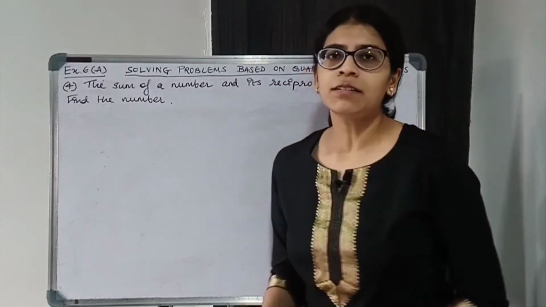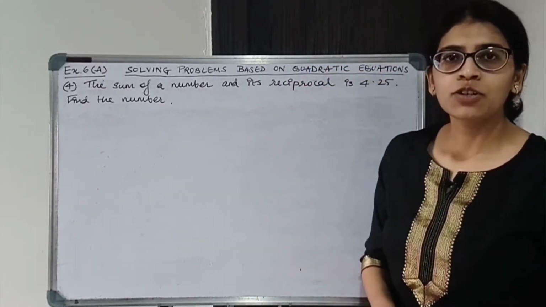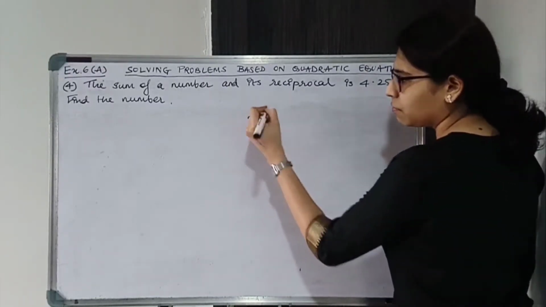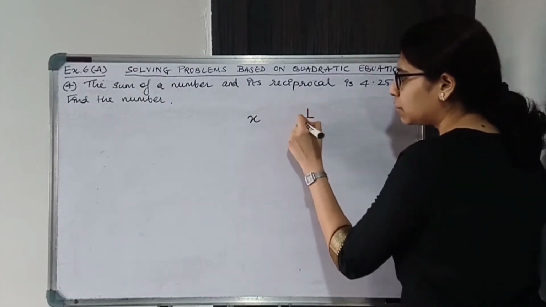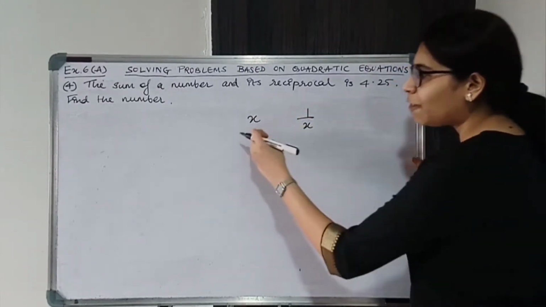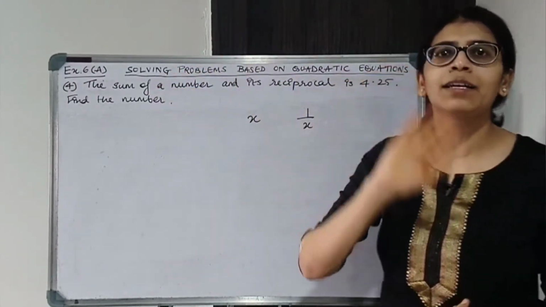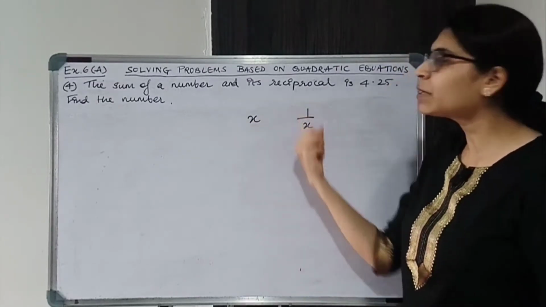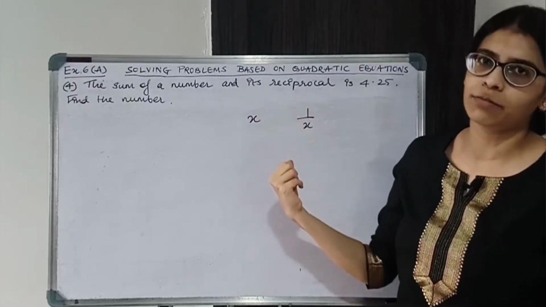Now there is a number and its reciprocal. So let's say the number is x. x है, उसका reciprocal क्या हो जाएगा? 1 by x. If I have 5, तो it will become 1 by 5. Reciprocal is basically 1 by that number, 1 divided by the number. So if it is 10, it will be 1 by 10. Alright. So हम लोग ने x लिया है तो reciprocal will be 1 by x.